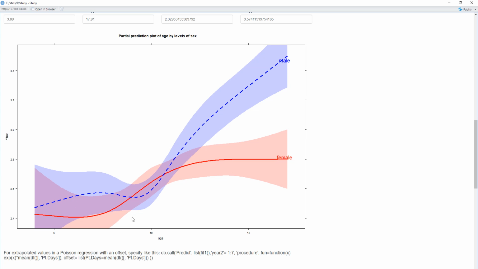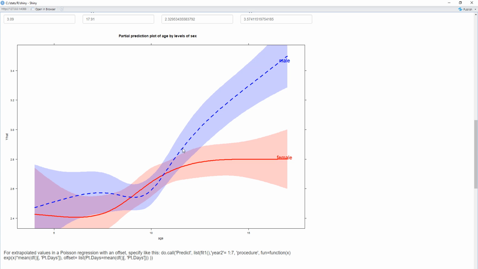But we can see on the x-axis we're looking at age, the y-axis we're looking at predicted values, and we see the predicted values are fairly similar for the first 10 years. But after that, around the ages of 11 or 12, you do see significant differences between males and females,